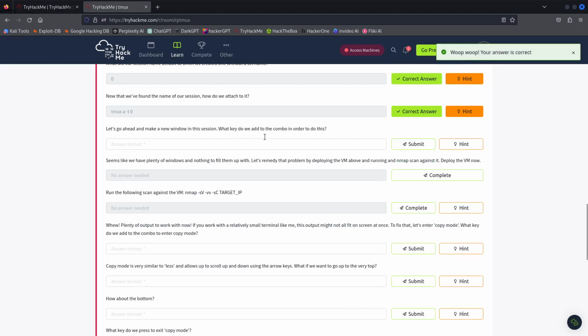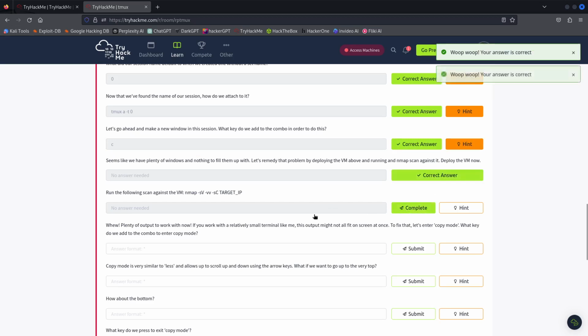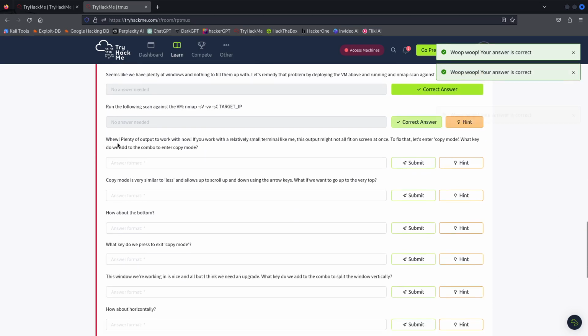New window. What key do we use in order to do this? It was C. Control B, then C. Okay. This output does not all fit on the screen at once. To fix this,